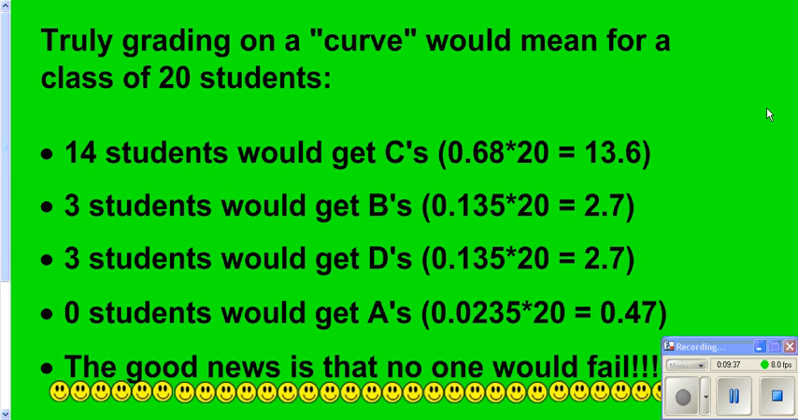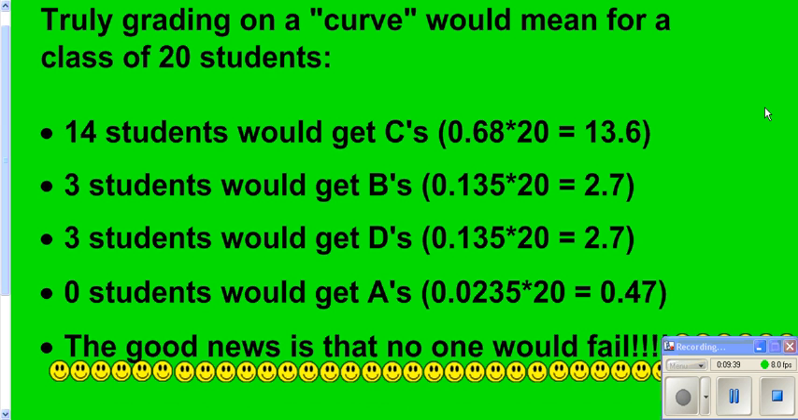Now, some students like it when a teacher grades on a curve. Technically speaking, grading on a curve is using a standard normal curve. That's not what most people think of when they hear grading on a curve. Now, if you had a class of 20 students and you were technically grading on a